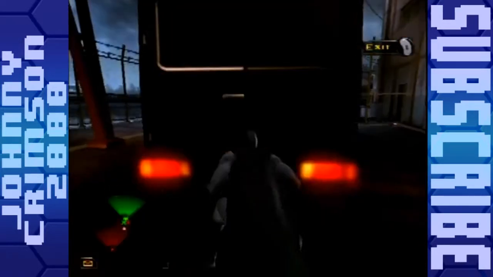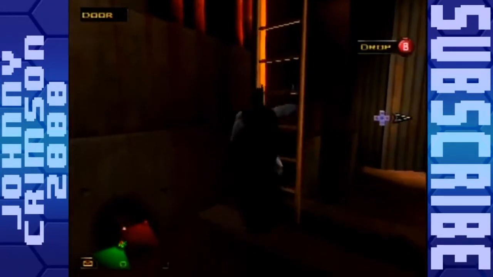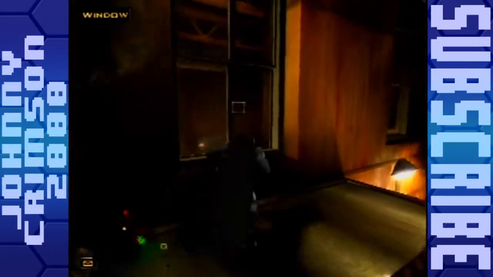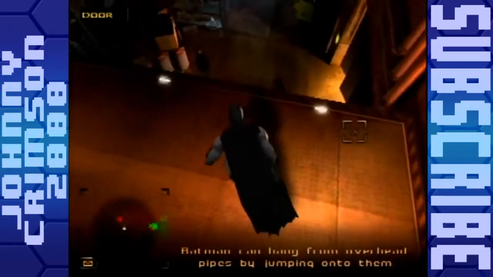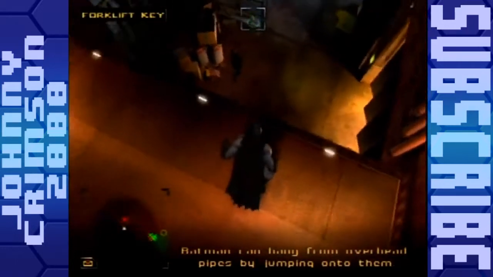They all have guns, so that's not good. We can't take them on right now. So what we have to do is climb up here. We're going to open this window here, hopefully. Yep. Okay. And there's a guy down there, right there, and he has a key that we need to operate